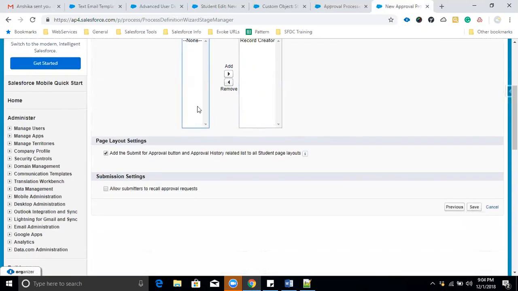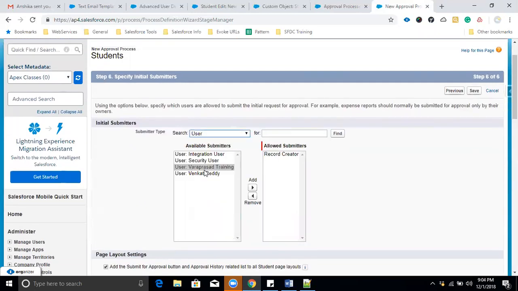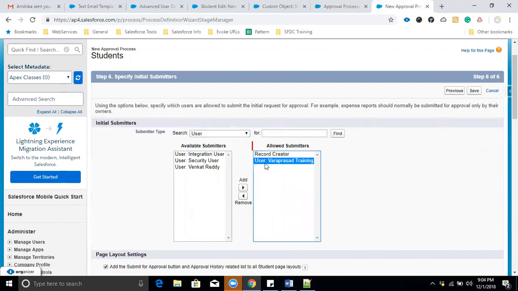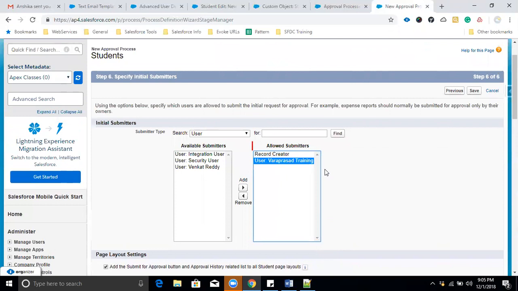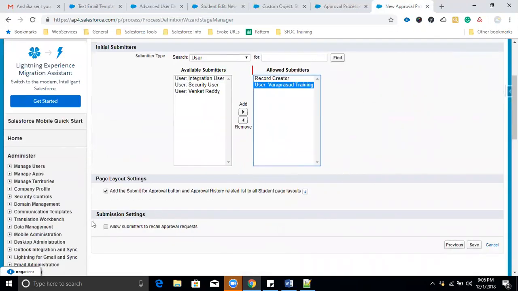Just leaving it. Or if you want to select a particular user, you can select. Otherwise, I will set my name also here. Anyone, if you want to give any others also, no problem. Here you are giving multiple users, right? Multiple users will submit the approval process. So how about the order? Who has to do first? No, everyone has access to submit that student record. See, for example, like this. I understood.